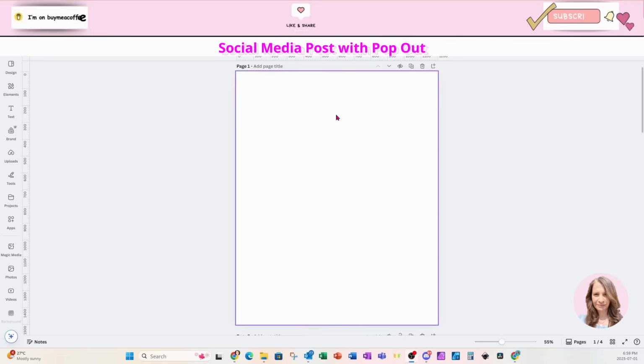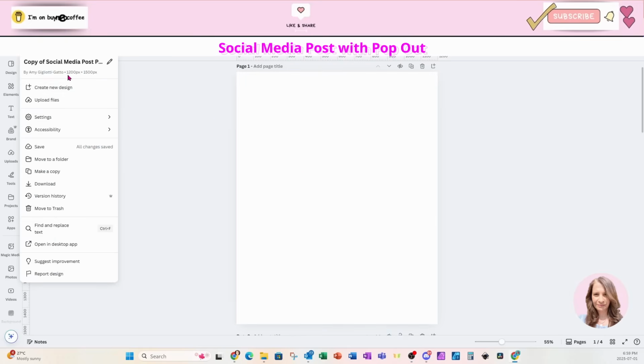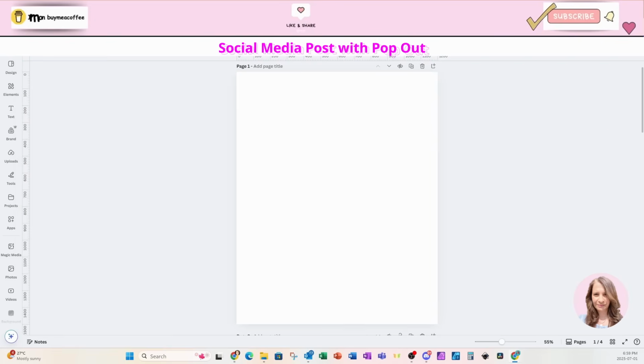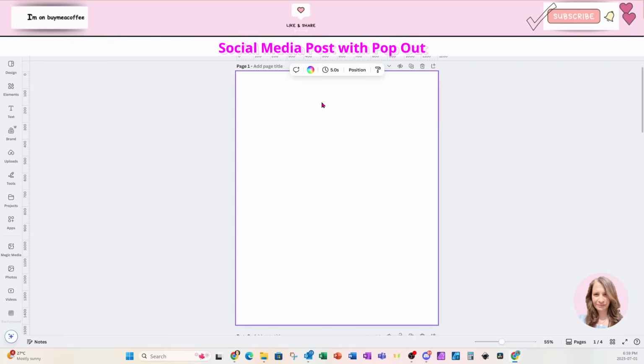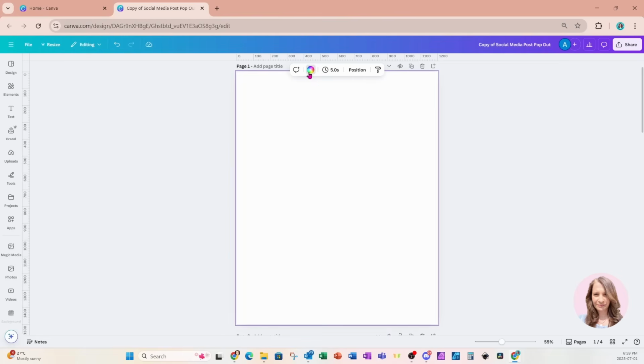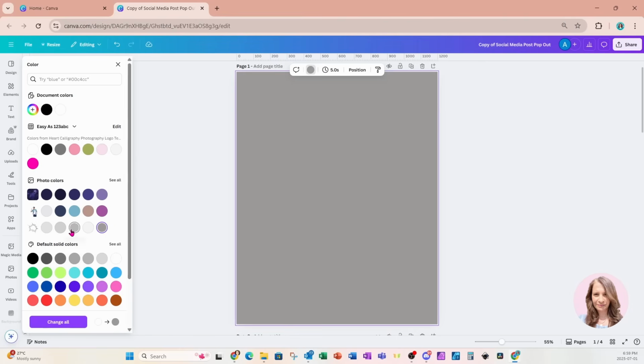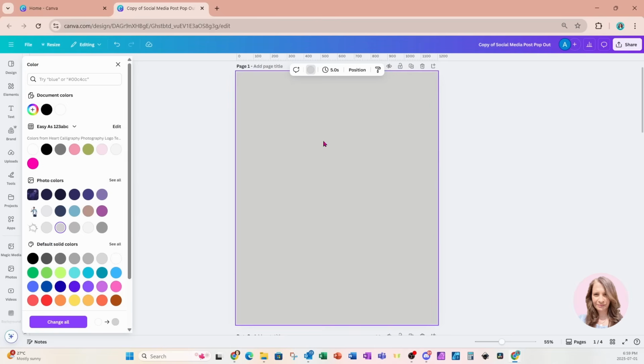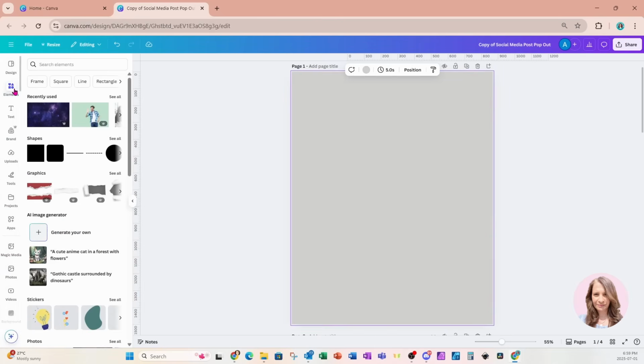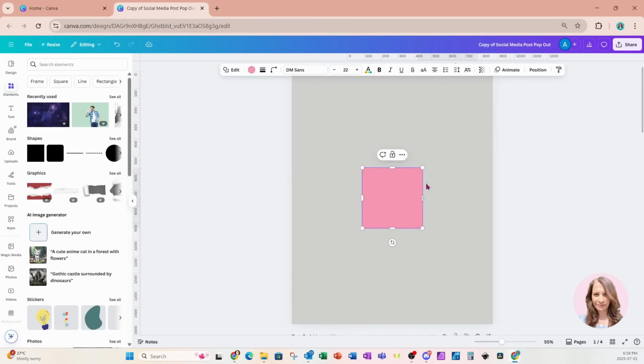So I'm starting off with this workspace. It is the size of 1200 pixels by 1500 pixels. And I'm going to start off by changing the color of my background. I'm going to change it to a light gray, like this. I'm now going to grab a rectangle, or you can press R to place a rectangle or a